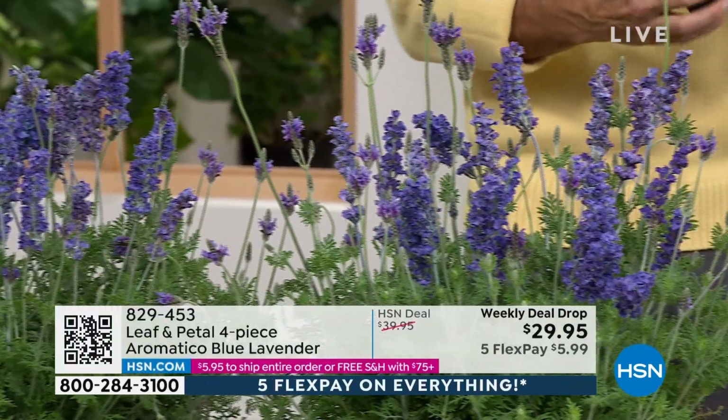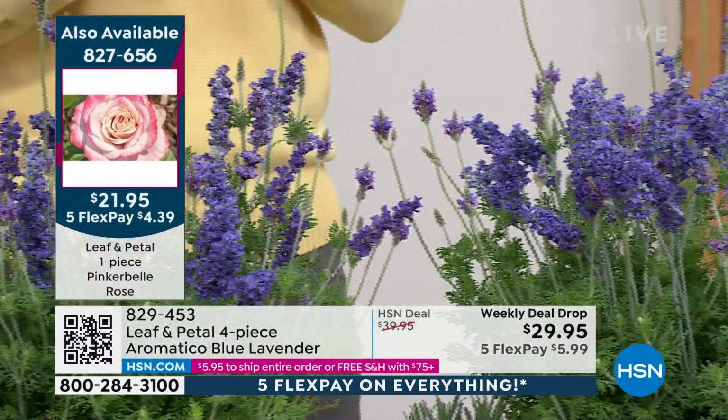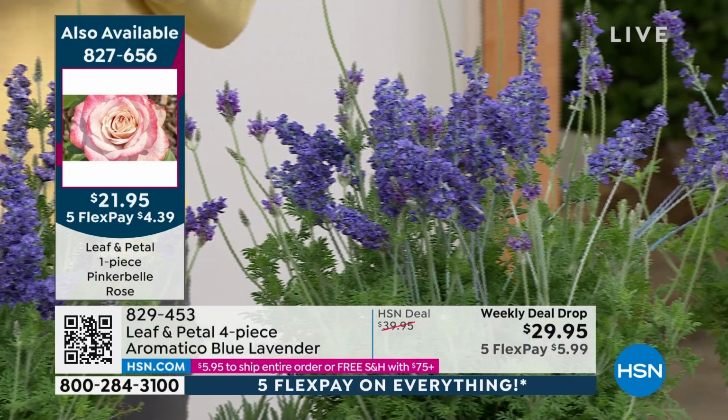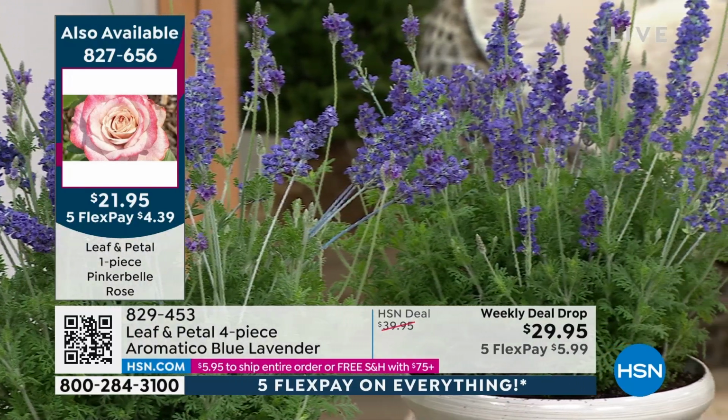But you can also just grow it in your garden. You don't have to make anything with it. It's going to have that just fantastic scent. My personal favorite for this kind of plant and where to plant it is put it where you're going to smell it. Put it on your front walkway, put it in a container on your patio, put it where you're going to be, because we all know that lavender just has that